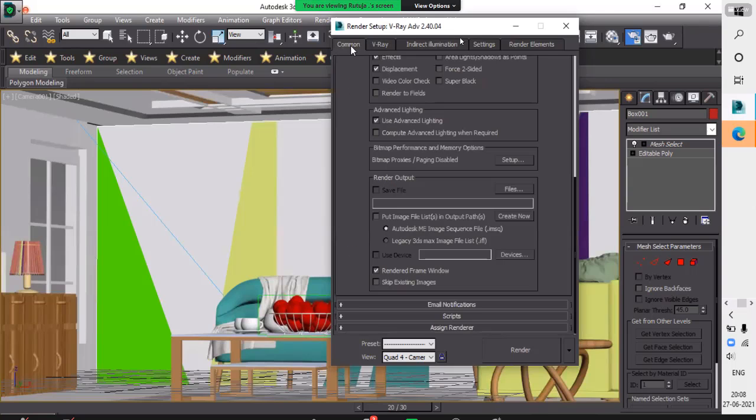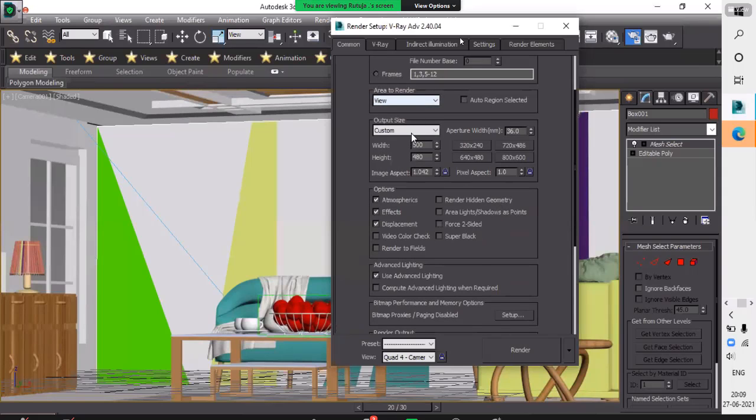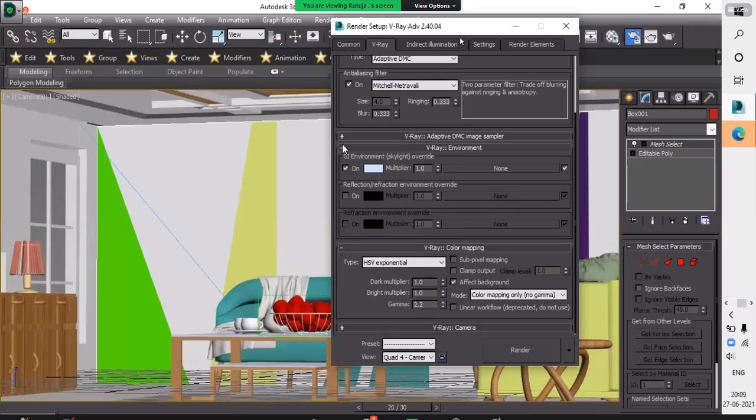First of all, go to Common and take HDTV. Then go in V-Ray, check the fifth box, which I will unselect.